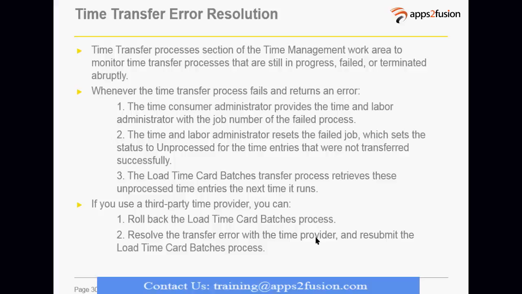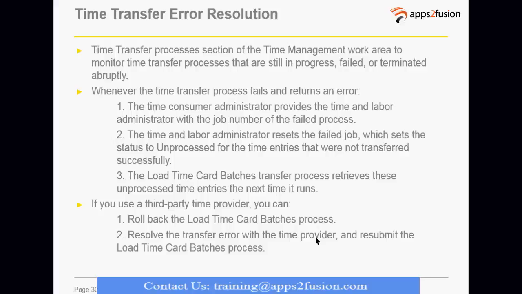And any unprocessed time which was entered after your last run of that particular batch will be picked up in the next subsequent run. When we submit the process, we have a lot of parameters. When I show you the parameters, it will become clear: whether it will pick up unprocessed time, what we do about errors, whether it should reprocess the errors, etc. All those will be part of the parameters that we select as part of the batch load process.